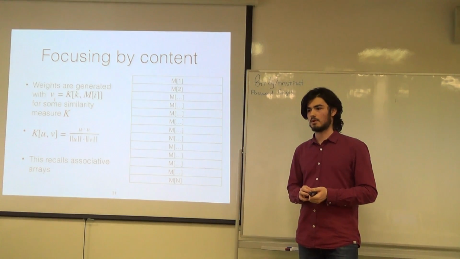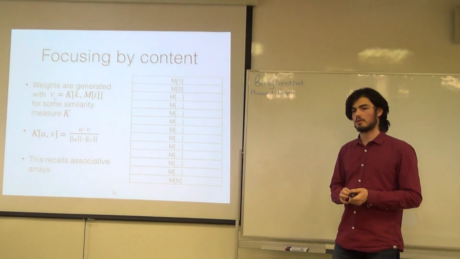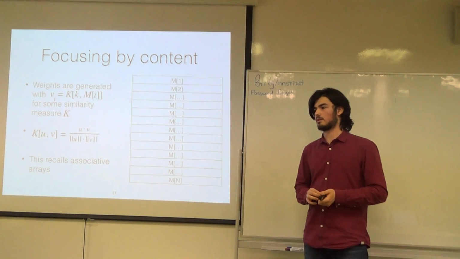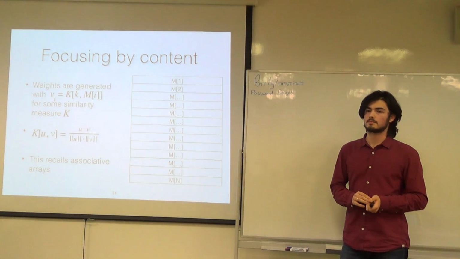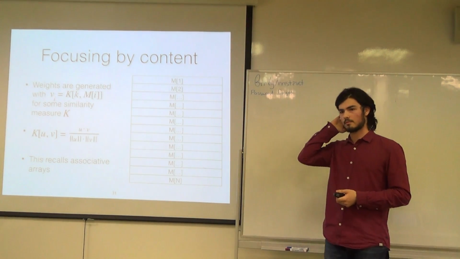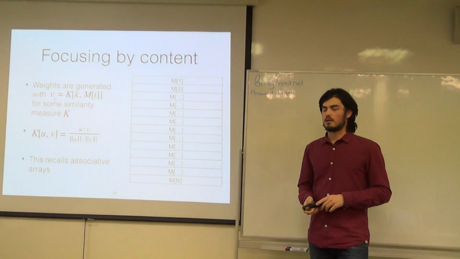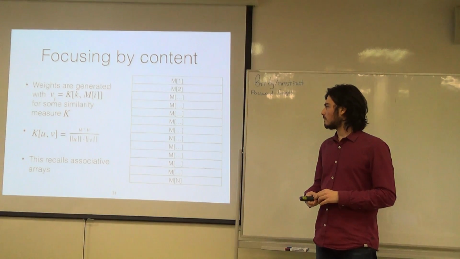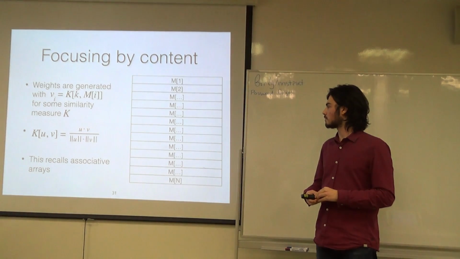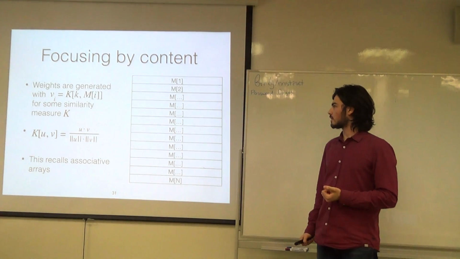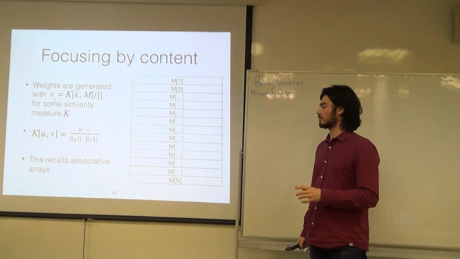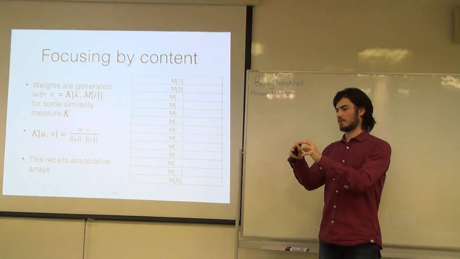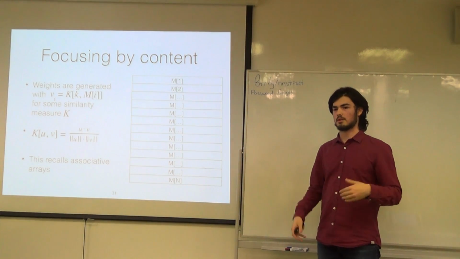Sorry, but this m of i, isn't it the same as the content of the corresponding memory cell, or are they different things? mi is the content of the corresponding memory cell. Is it really necessary? It seems that mi should be the key for the memory cell. But the content of a memory cell could be different. Yeah, sure, but that's what they did. Actually, it's a good idea to have a separate key and the memory, but having those together is still useful because, for example, the key can be some key and then it can be filled with zeros. So this would be the case that you